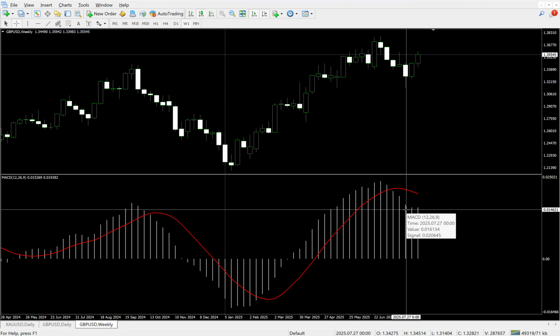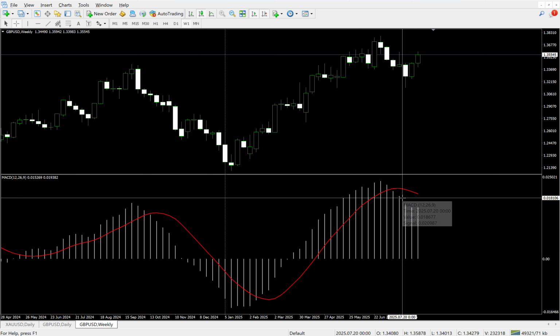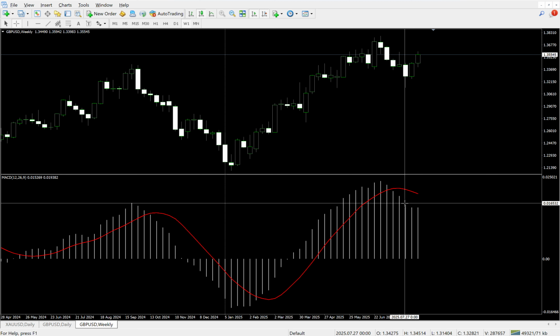He says if the current bar on the weekly time frame of the MACD indicator is lower than the previous one, like in this situation, he considers it a downtrend on the weekly time frame,